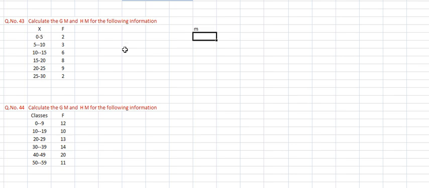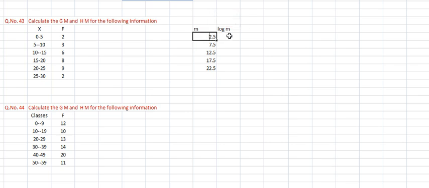0 plus 5 by 2 comes to 2.5, right? Now the difference is 5, an increase of 5 is there. You add the 5, that is 7.5, 12.5, then 17.5 and 22.5. So when you are finding the log x, right? I am explaining log m, not x, m. The value is 2.5. 2.5 means you don't take the 0.5. That 0.5 is not a place, only the integer place you have to check.